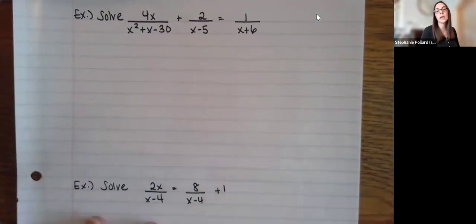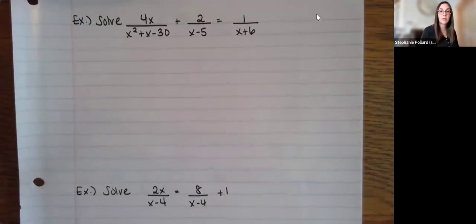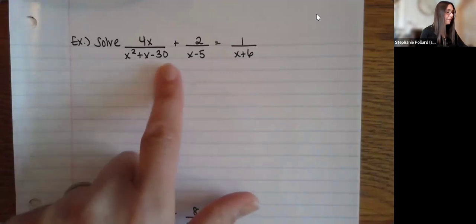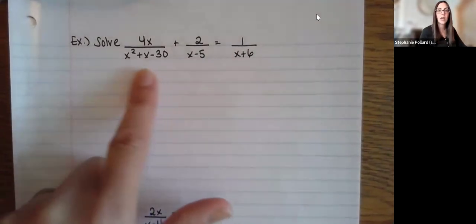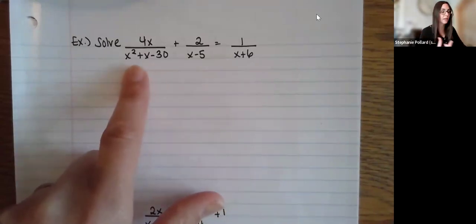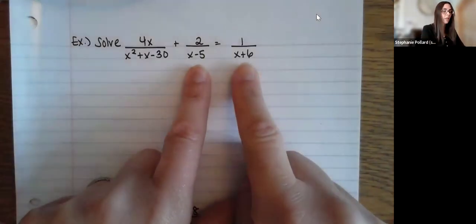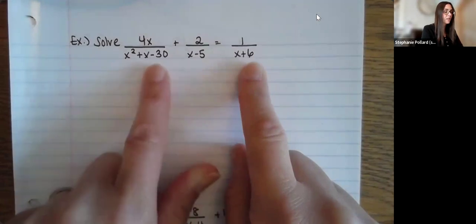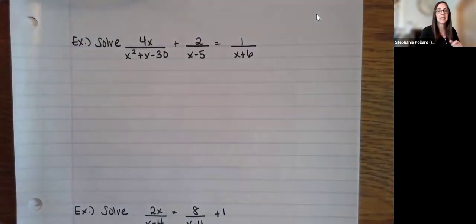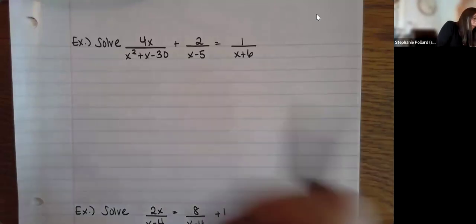All right, so next we have some more complicated examples here. In this top one, you can see that the bottom is not factored yet. So as you get more complicated, if you do have denominators that are not factored all the way, like these are fine, there's no squares there, nothing in common. But this one has a square here, you're going to need to factor that first in order to find the LCD. So when I factor that,